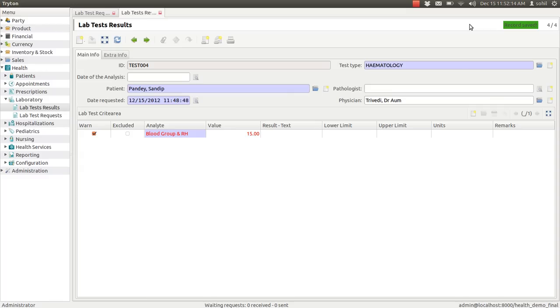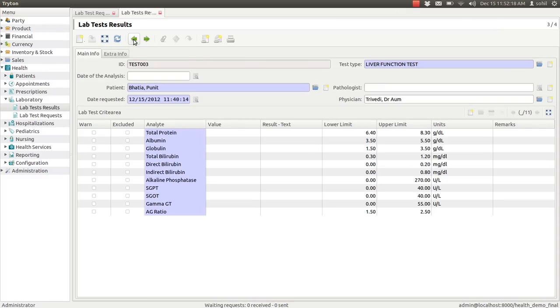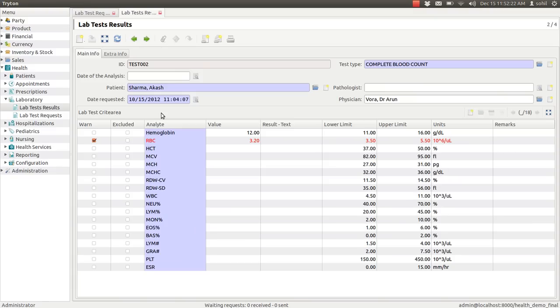Now one more feature is, let's go to this complete blood count, and here you can see that you can enter the desired value, upper limit and lower limit.